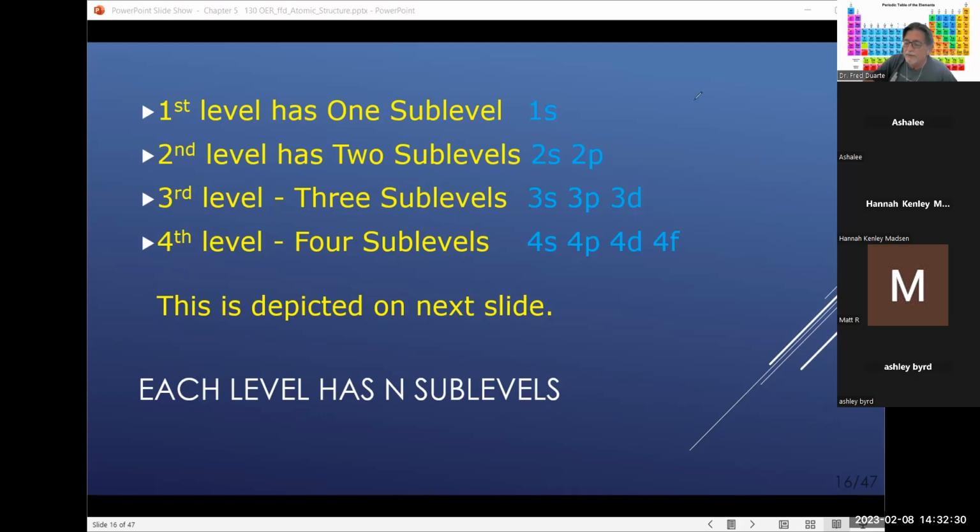Now, the other aspect, as I just explained, is that the Ds come from the fourth period elements, and the 4D would come from the fifth period elements. It's similar with the F. When the F show up in the fourth energy level, they actually come from the sixth period elements. And if we had a 5F, then that would come from the seventh period